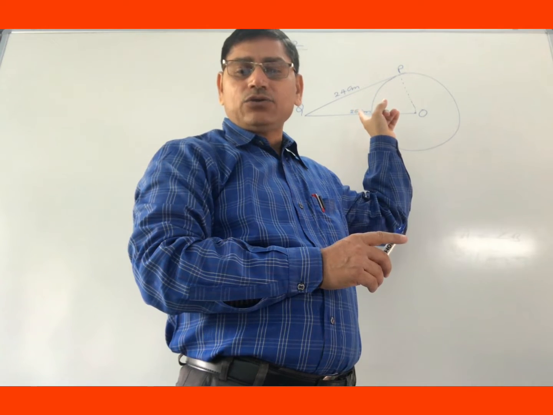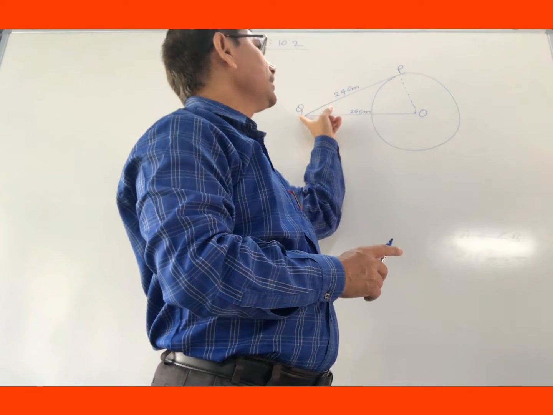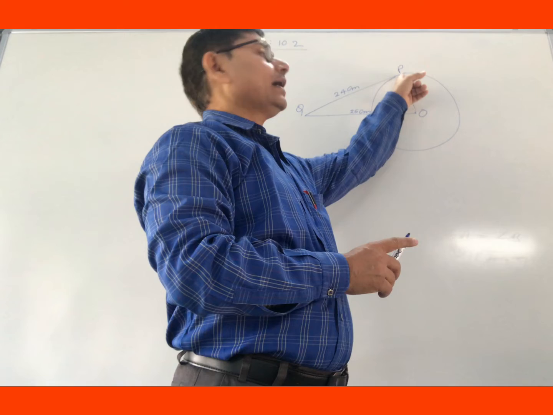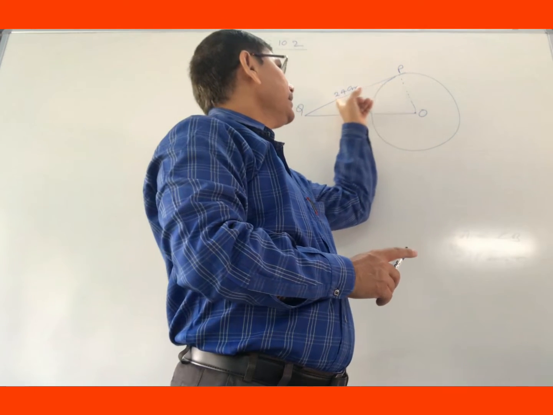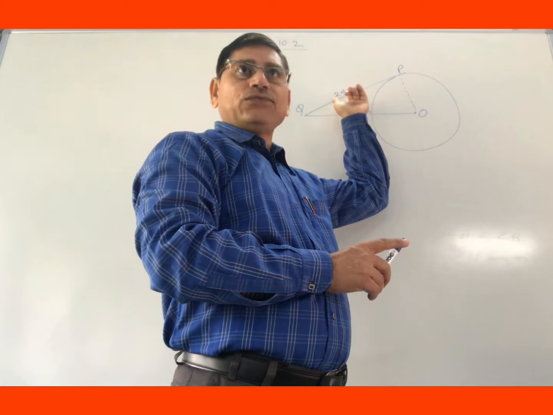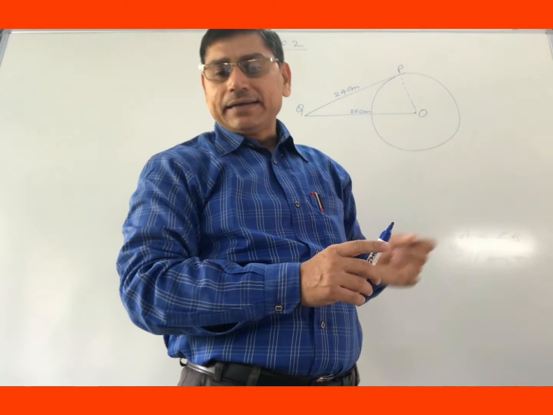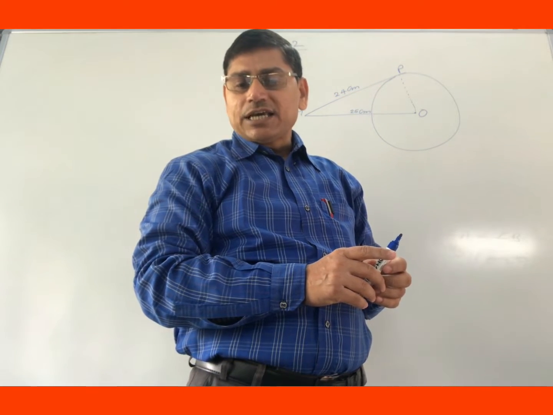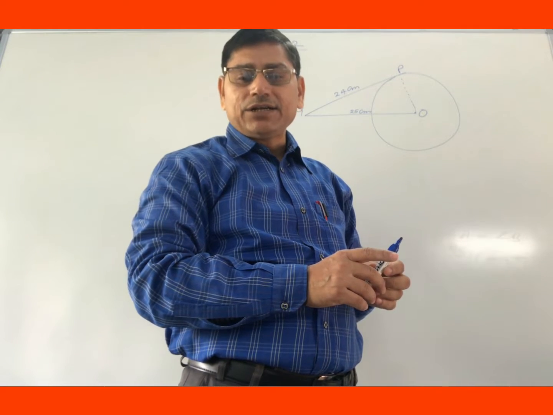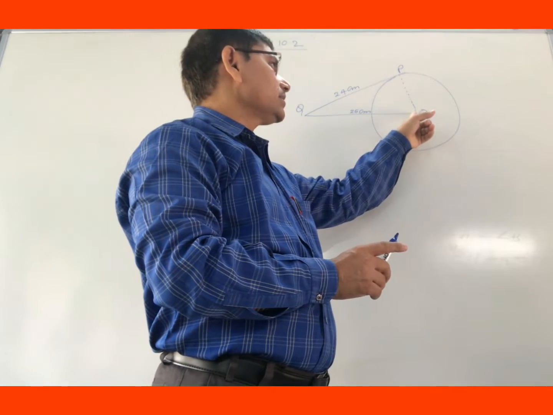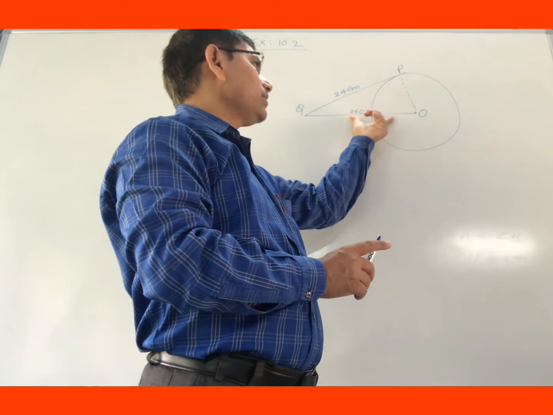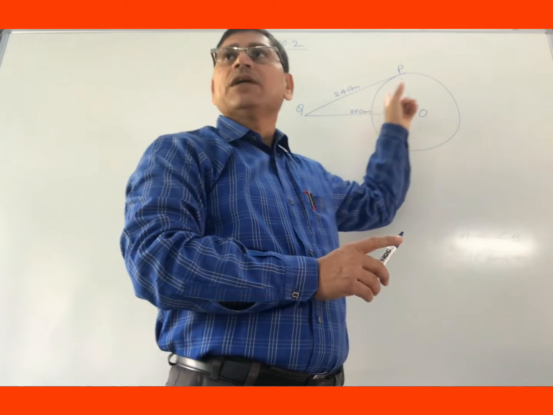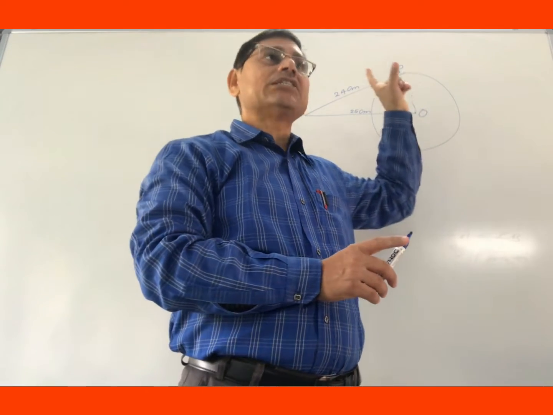7 centimeters. How? From a point Q, let us say Q is a point outside the circle, and the length of the tangent to the circle is 24. So let us say QP, otherwise PQ, is a tangent of the circle and the length is given as 24 centimeters, and the distance of Q from the center is 25. This is the center of the circle and this one is the point Q. This is given as 25 centimeters. Then find the radius of this circle.